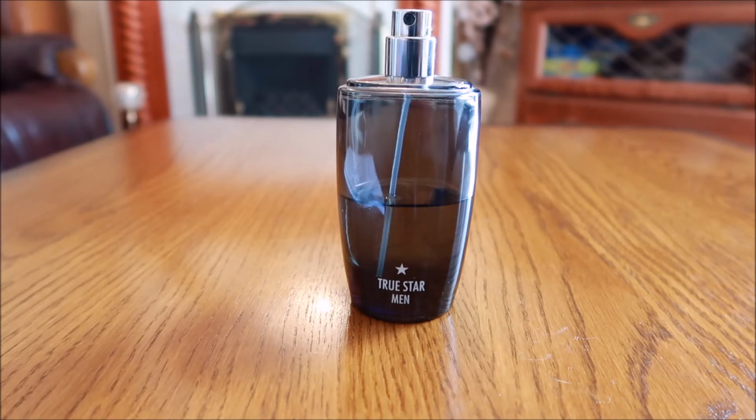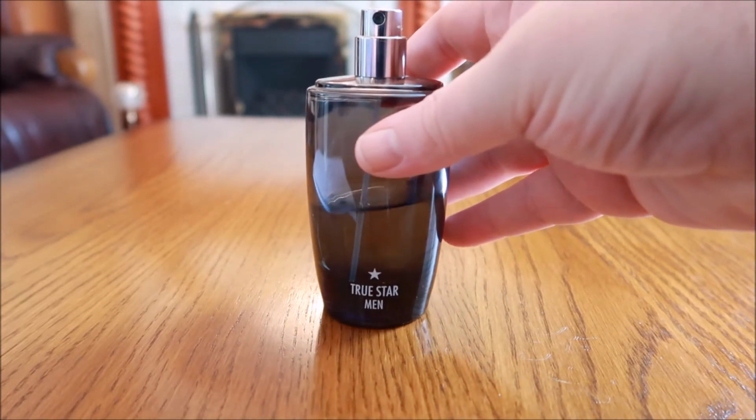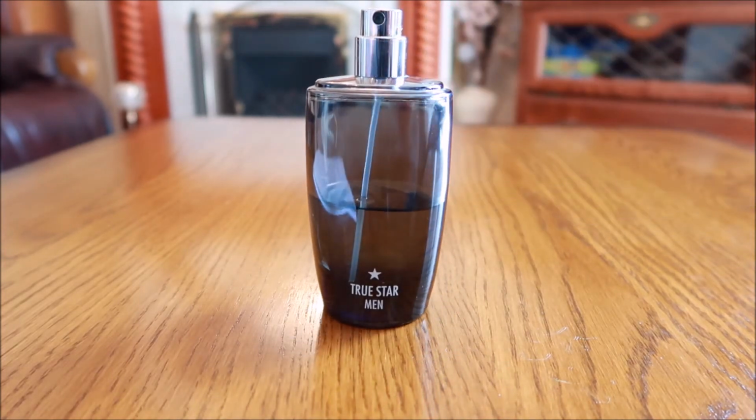The base, leather, I don't get any leather. Sandalwood, well, there's a woodiness to this, but I can't really get sandalwood. It isn't smooth like sandalwood. To me it's more of a mix between, I suppose, a sandalwood and a cedarwood. Don't really get much vanilla or saffron. So it's one of those that's nice,